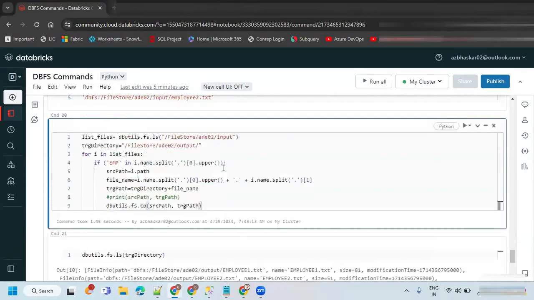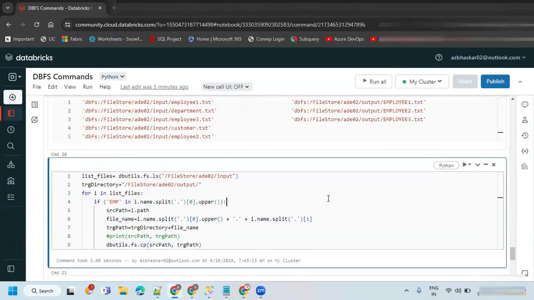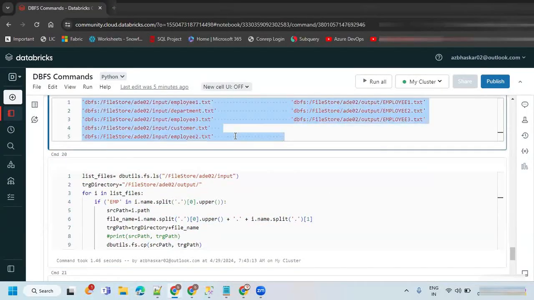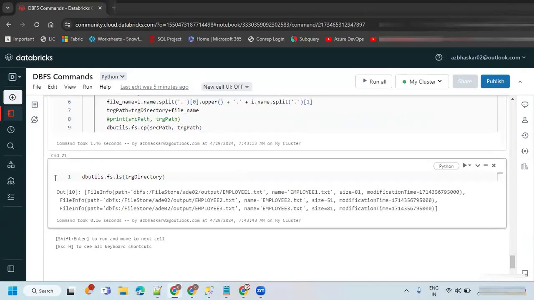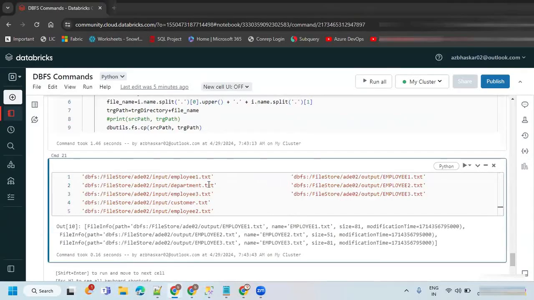Try to get the same kind of requirement. This is the task for you. You have to do it. I'm just going to have a customer.csv and department.csv.